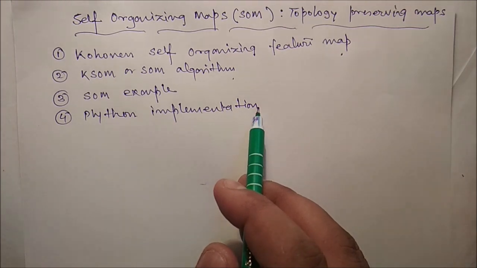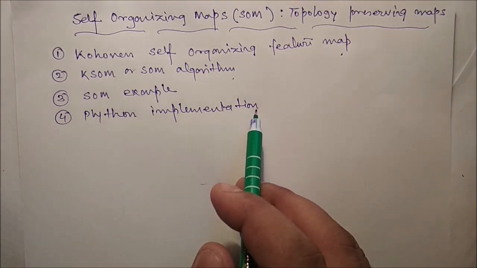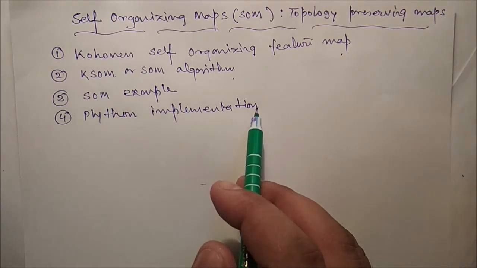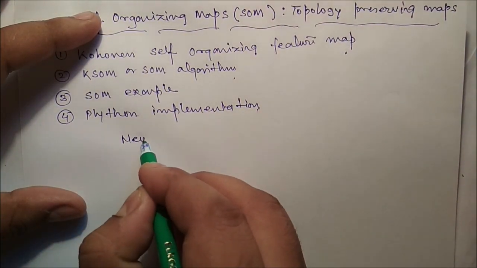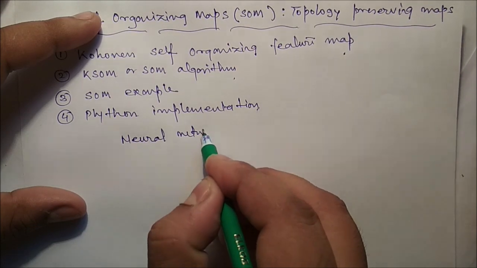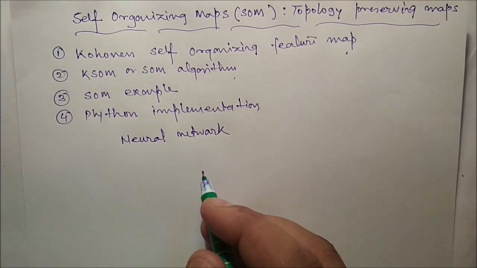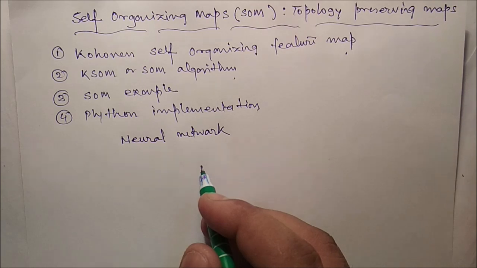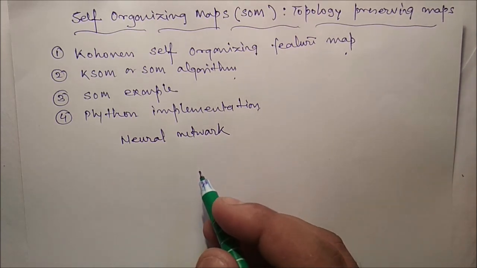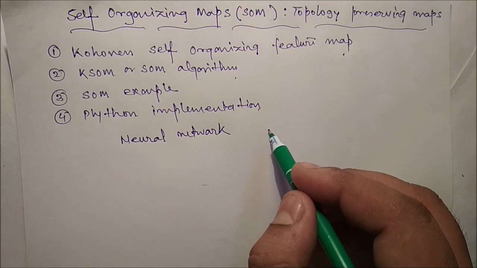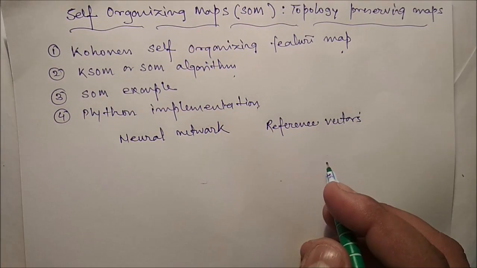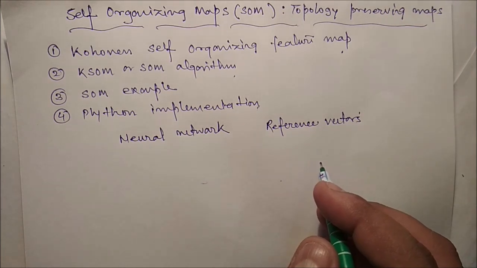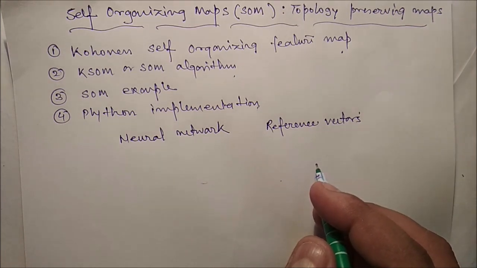The Kohonen SOM or Kohonen self-organizing feature map is a clustering and data visualization technique based on a neural network viewpoint. Okay, so here we have to use the concept of neural network. The main objective is to find a set of centroids. It is also called reference vectors. We have to identify the centers, and assign each data point to the centroid that provides the best approximation of that data.